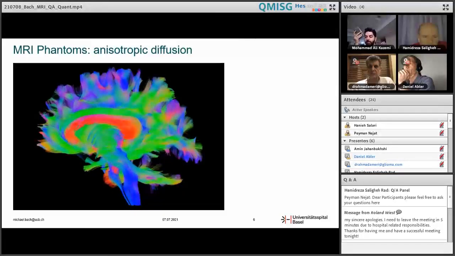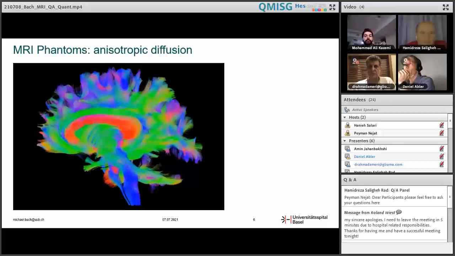Here you can see one example of the impressive fiber tracking images of the human brain. To obtain these images, one measures the main diffusion direction in each voxel, because the diffusion, the movement of the water molecules, takes place easier along the nerve fibers than perpendicular to them. The main diffusion direction corresponds to the direction of the fiber bundle. Fiber tracking algorithms are then able to reconstruct the path of the nerve bundles, and the result is shown here